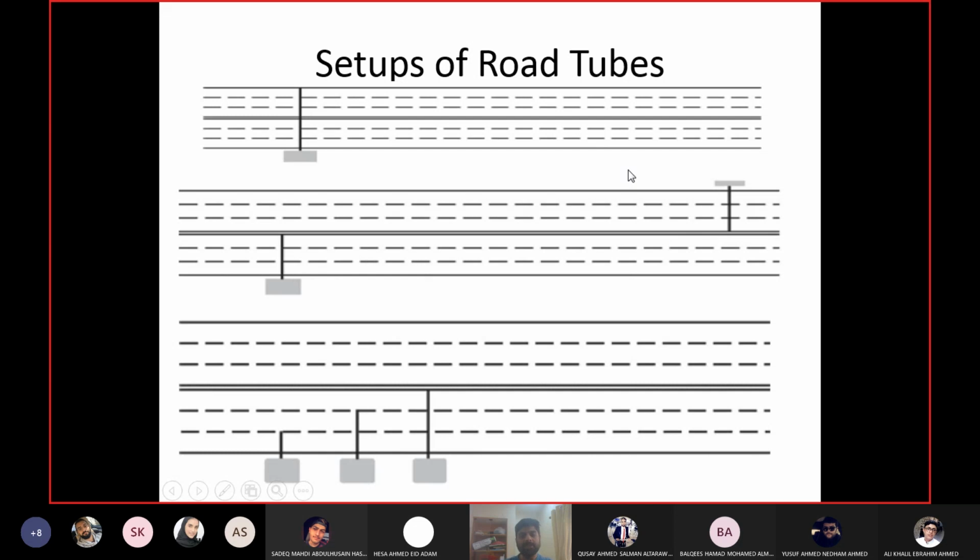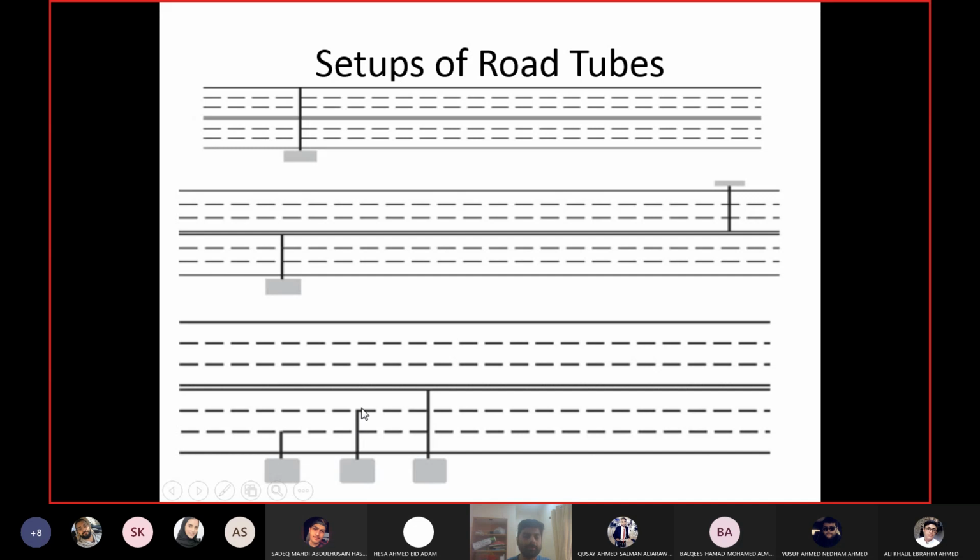If you want different values for each direction, then you should use 2 road tubes, right? You can see it in the second figure here, the middle one. This one will give you the count for this direction, and the top one will give you the count for the other direction. Now, if you want the value for each lane, then it's a bit tricky, because of the position of the counter. If I want the value for this lane, no problem. The road tube will be put on this lane, and the counter will be on the side of the road.